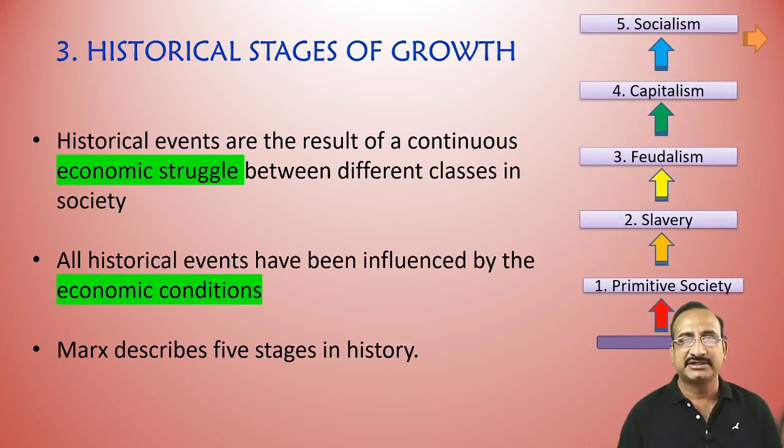After some time, because of some selfishness, classes started dividing in the society. So the second stage comes, called slavery, in which the society is divided into masters and slaves. After some time, the stage moves to feudalism, where the society can be divided into landlords and peasants. After that, as the industrial revolution takes place and the industrial sector develops, the next stage appears, called capitalism, where the society is divided into two classes again: the bourgeois class, otherwise the capitalist class as said earlier, and the labor class. The clash between these two classes ultimately leads to socialism, according to Karl Marx.